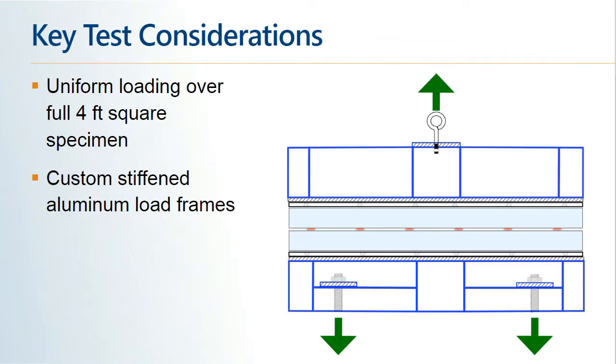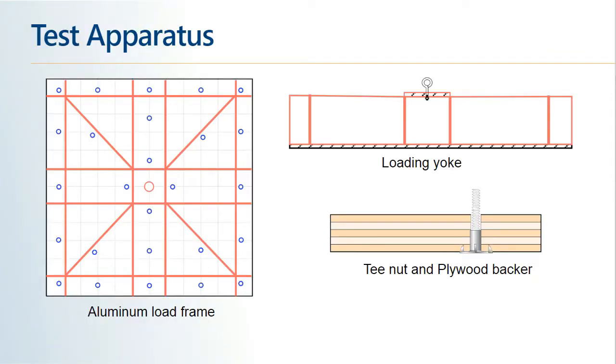So here you see we have a test frame pulling the load in, from the top and from the bottom in equal amounts, and that was achieved with a custom stiffened aluminum load frame. Here's a plan view of the conceptual test apparatus at the left there. So it was a 1/2 inch thick aluminum plate that was used, and then with plenty of stiffening that was